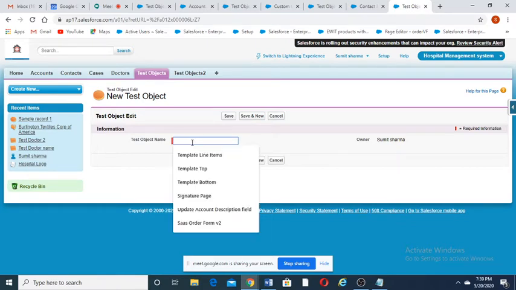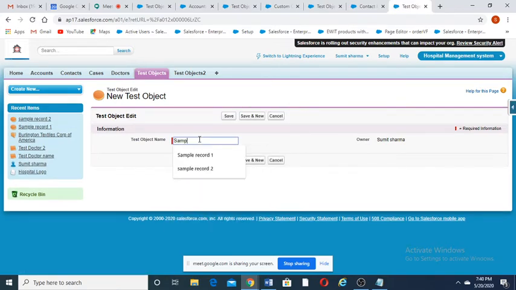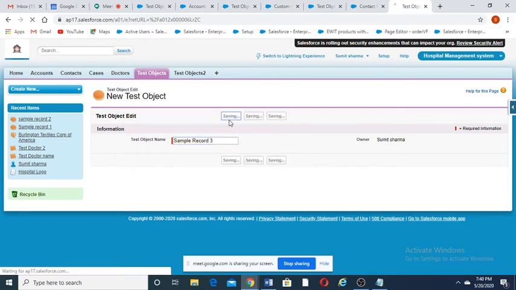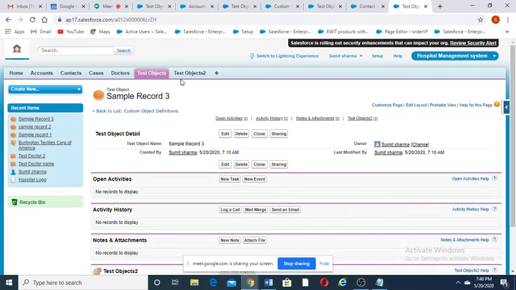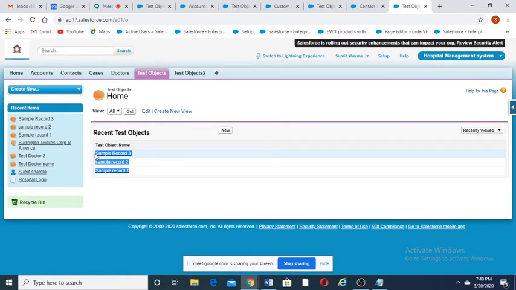Save and new means it will create another record immediately, that is sample record 2, save and new, sample record 3. Now save. So we have created totally 3 records in this test object. When I click on this test object, you can see sample record 1, 2 and 3 we have created.